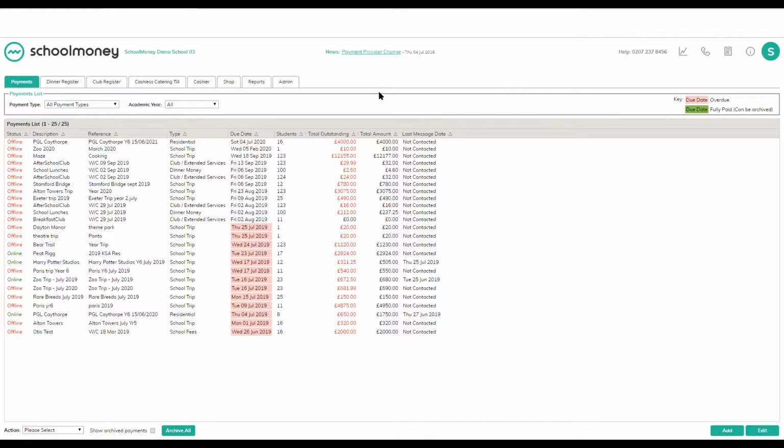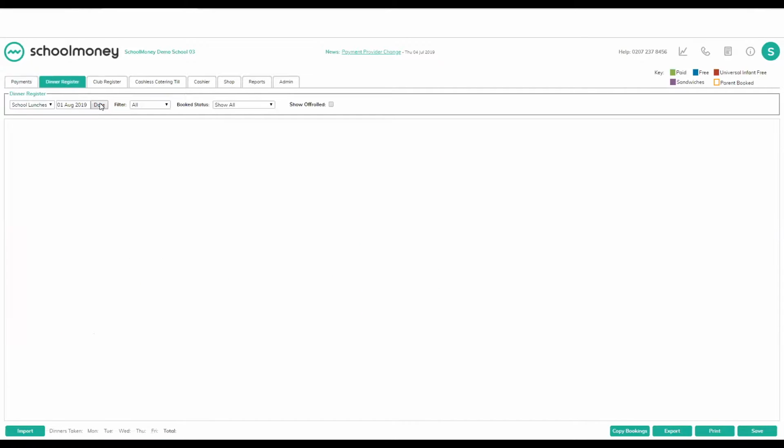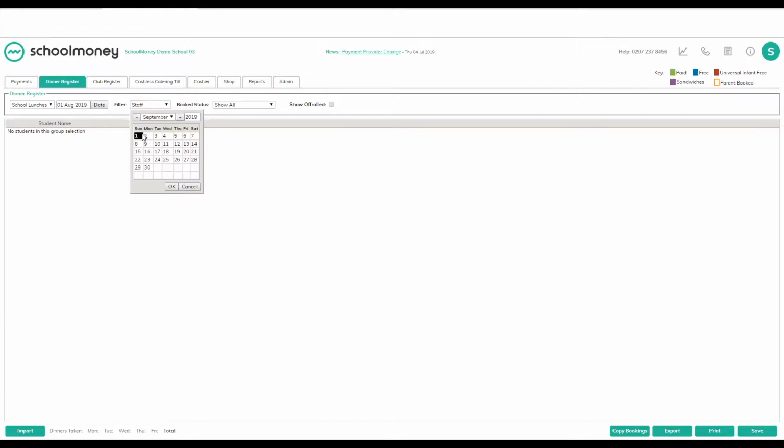So the first common question that we have come across is how to add in new pupils or staff members into a dinner register. All you would need to do is make sure that you've created the dinner week that you would like to add the child or the staff member into. So to create the dinner week, you just go to the dinner register, select the week that you want to set up. So if we just go to the 2nd of September,